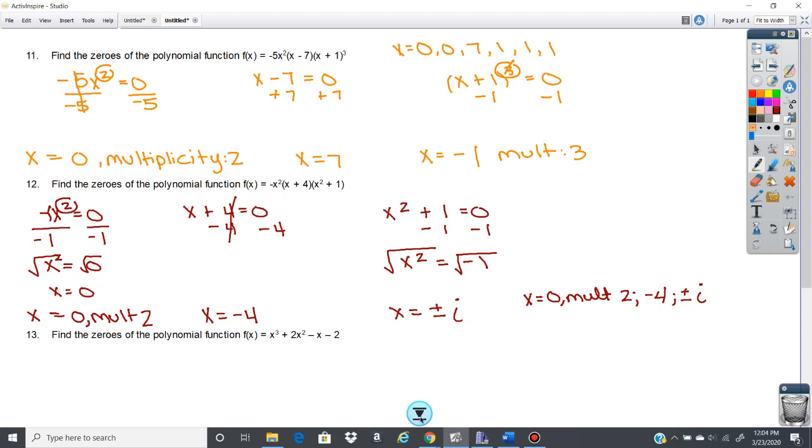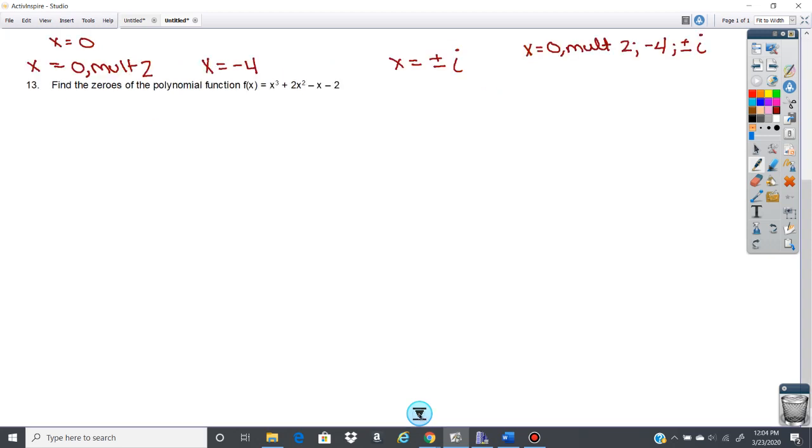And then the last problem here, this is not in factored form, but let me see here. It looks like we can probably factor this by grouping. So let's go ahead and do that. If I take this and I split it in half, I can take a GCF here of x squared, and that'll give me x squared times x plus 2. And then here I can take a negative 2 out,